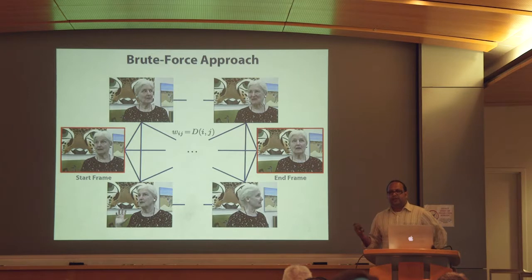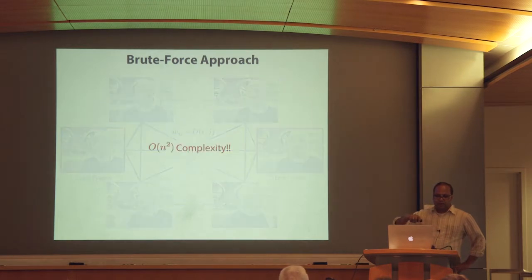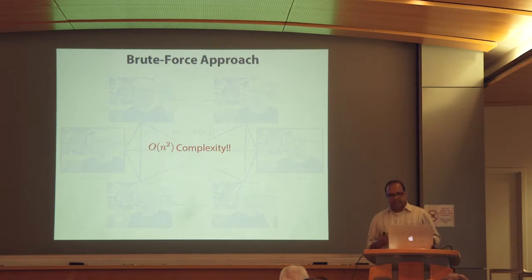So one way to compute this kind of transition is to build a complete graph in which each node is a frame and edge weights encode the frame distance that I showed you earlier. Given the start and end frames of a cut, we can then apply Dijkstra's shortest path algorithm to find the smoothest set of in-between frames in our video. The problem, of course, is that building this complete graph has order n squared complexity. And with raw footage that has tens of thousands of frames, this approach quickly becomes intractable.